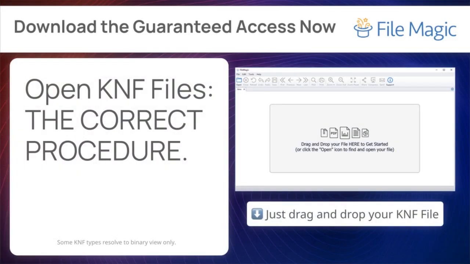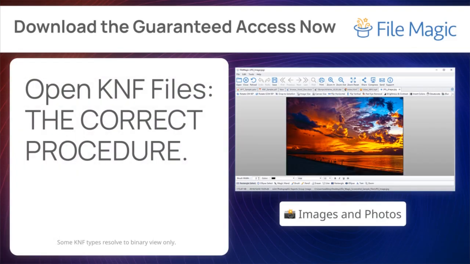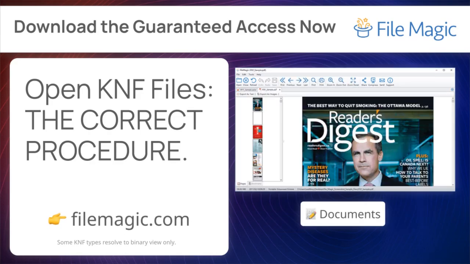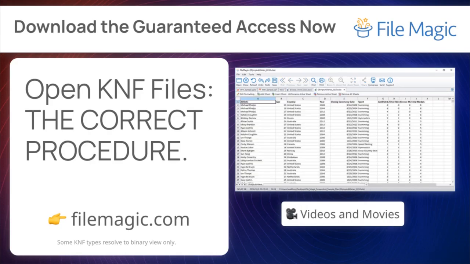Finally, the problem might be deep-seated. Your most efficient path to success now is using a high-powered universal viewer like FileMagic. This software is available at